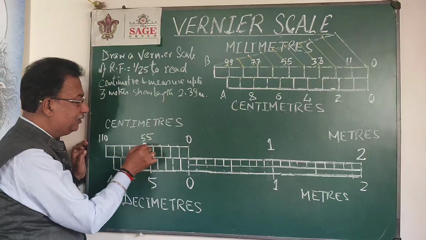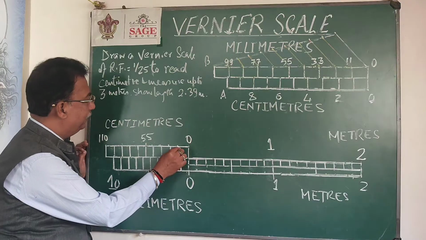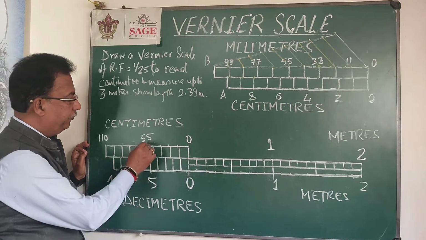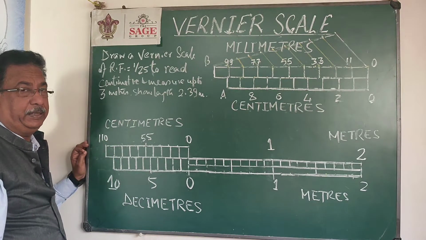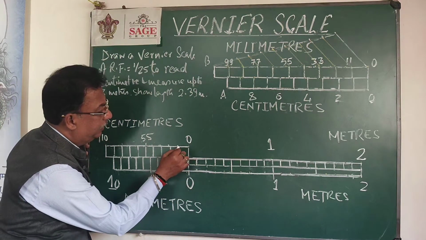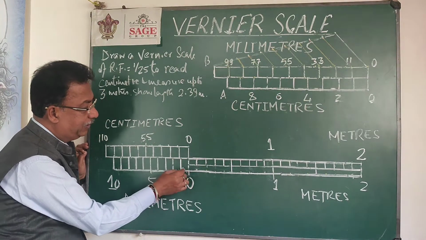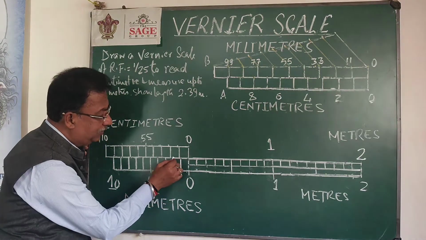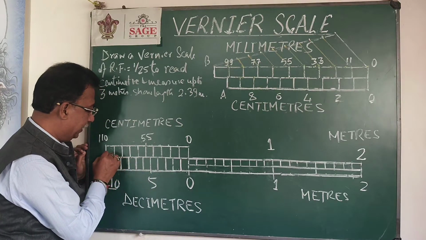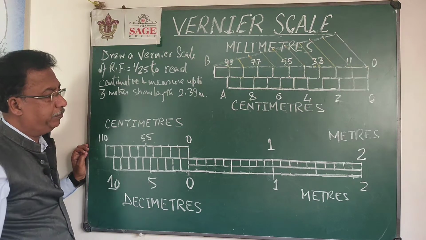Now again we have divided this primary part into 10 parts. So dividing into 10 parts means one part will be 11 centimeter, so 10 parts of 11 centimeter are there. In between I have written 55, the last one will be 110. Now the difference of this 1 decimeter part here and this one part here will be equal to 1 centimeter, because that is 11 centimeter and this is 10 centimeter. Next, the difference of the next division will be 2 centimeter, 3, 4, 5, 6, 7, 8, 9 and finally the 10. So this is the concept of the primary scale.